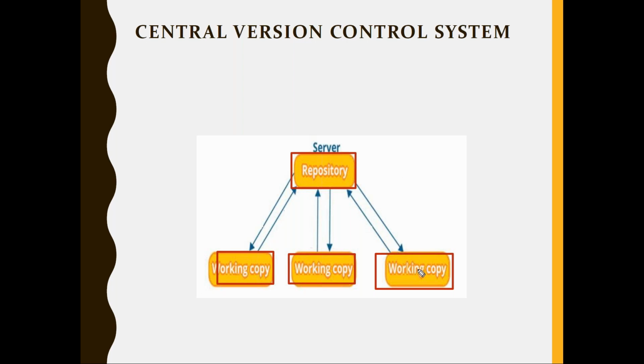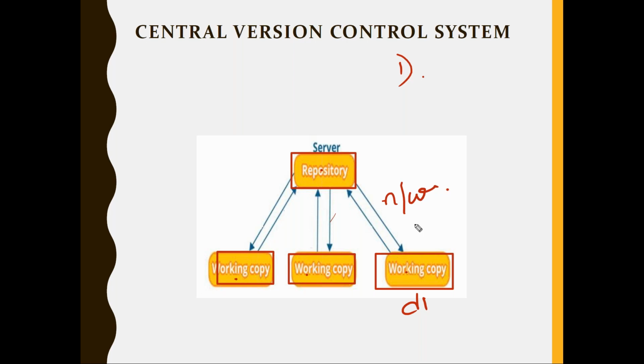How will each person work? Let's say there's a DevOps person one. He will connect to this remote and get the files to his local, work on it, put it back. The same way every person will connect to this remote repository and work on it. This kind of architecture is called central version control systems. And there are some drawbacks with this kind of architecture. First drawback is